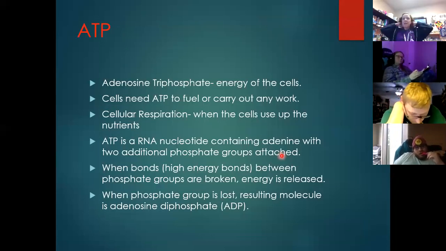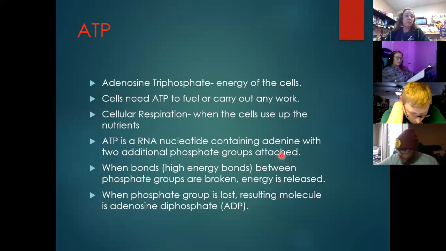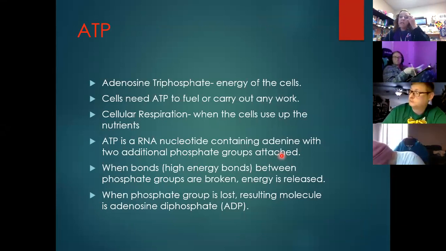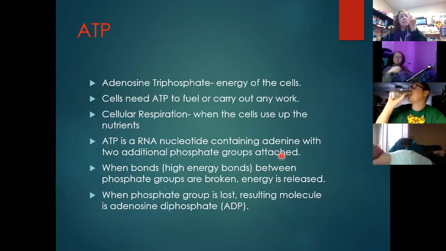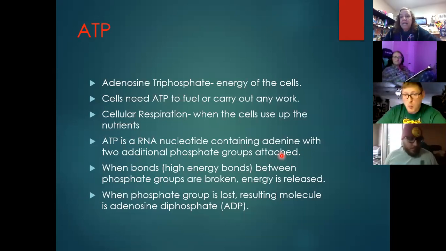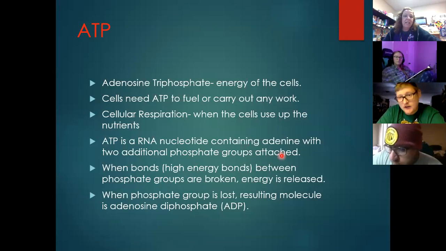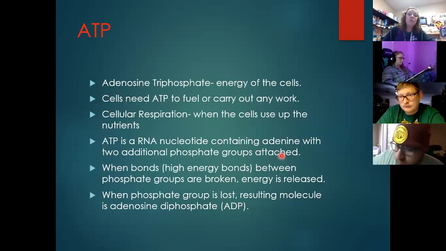Now, what do we need to do all of this? Well, we need energy. And those of you that have taken some sort of biological or organic chemistry class have heard these three letters until you are sick of them: ATP, adenosine triphosphate. This is how cells work. This is the energy of our cells. This is how they provide themselves with fuel and energy and are able to do all of their jobs. Because essentially, we learned this in the beginning of this chapter: if I have things bonded together and I break the bond, what do I release? Energy.